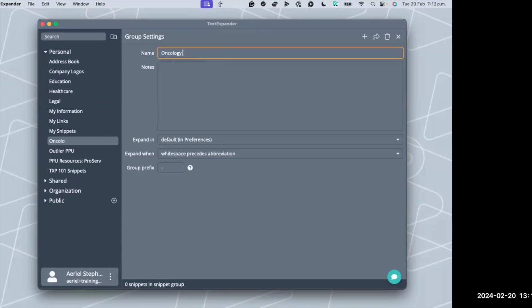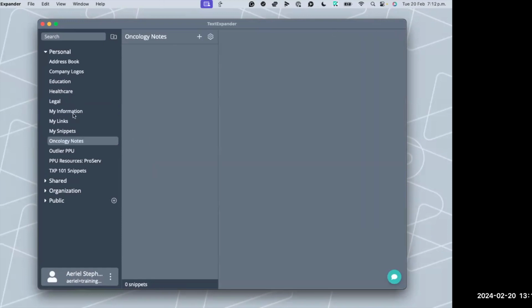Essentially, I will just name this for later. So, oncology notes. I'm going to come back to this, but looking at that My Snippets group, I actually have a couple of snippets that could live in this group that are a better fit. So again, really trying to stress that organization piece. Snippets, which you might be familiar with thinking of as different templates, if you find that some of them could fit better in a different group, a little power user trick is to drag and drop them over to your new group or somewhere else if you're reorganizing.